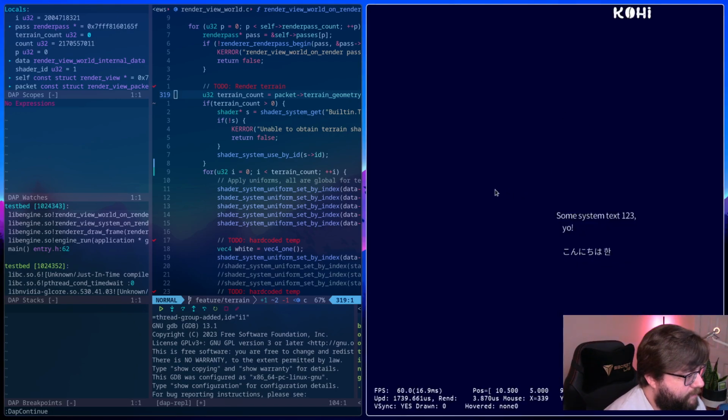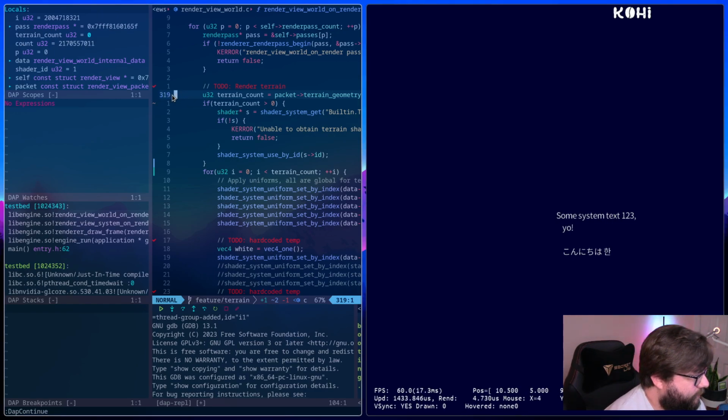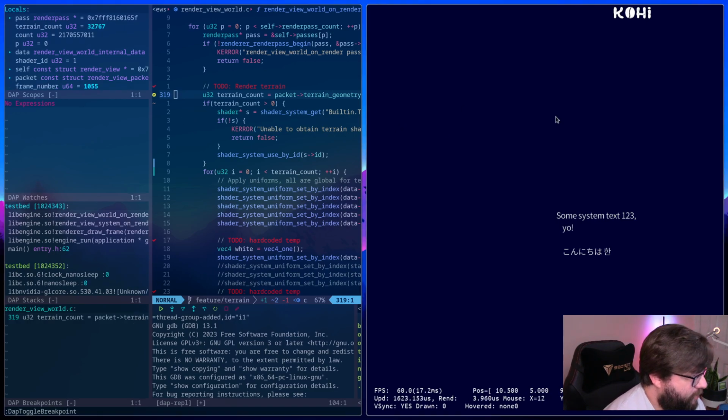So, how do I want to do this? I guess I could just put a breakpoint here. Try and put a command there and see what happens.